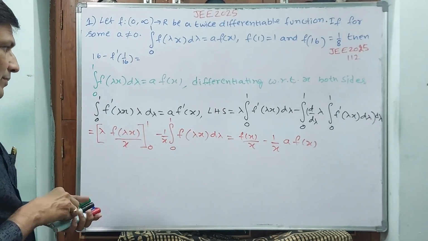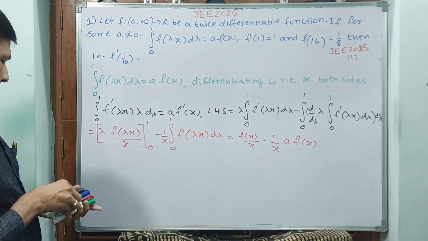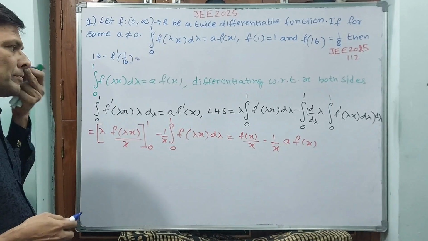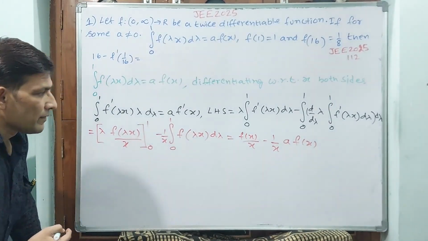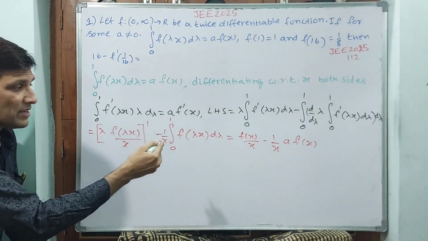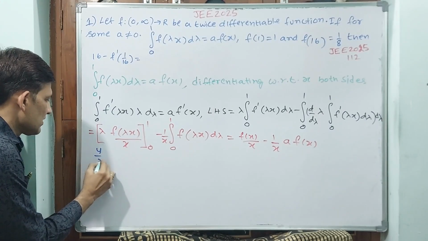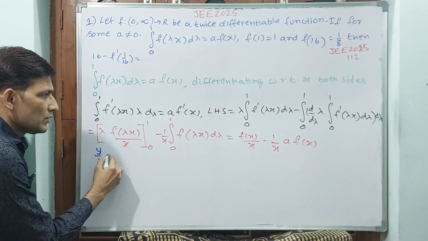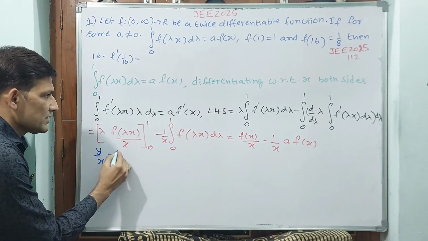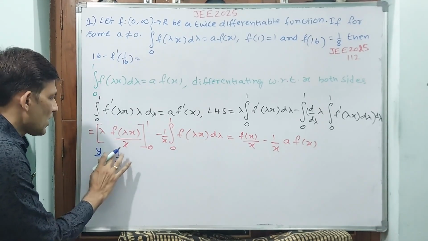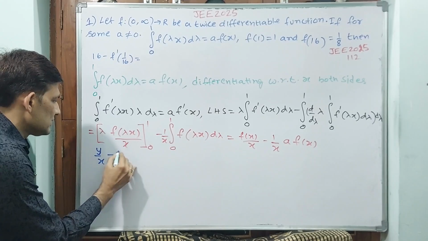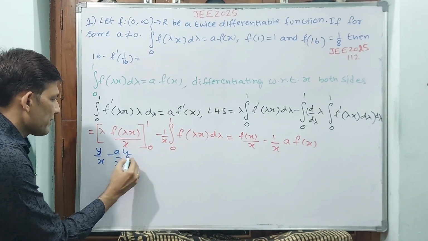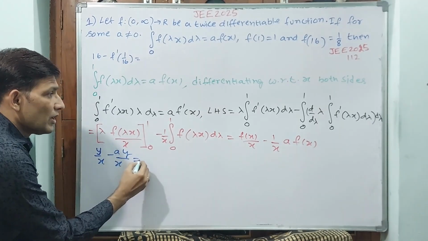Now, shall I replace f of x as y? Then it is y by x minus 1 by x, or else A of f of x, A of y by x is equal to